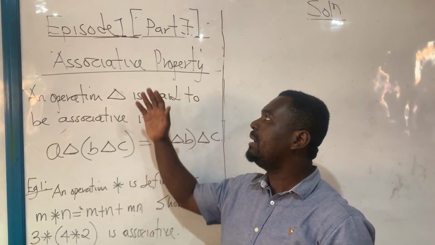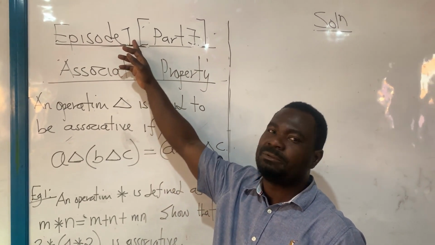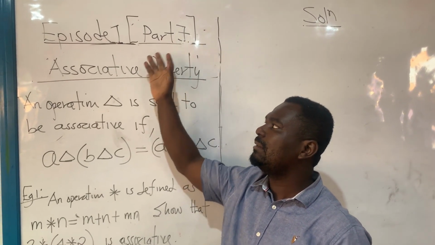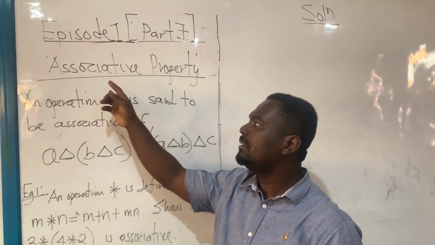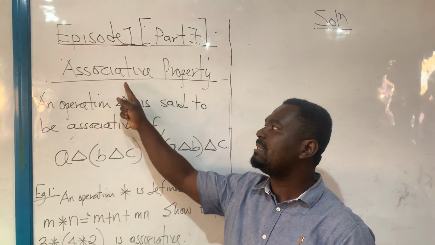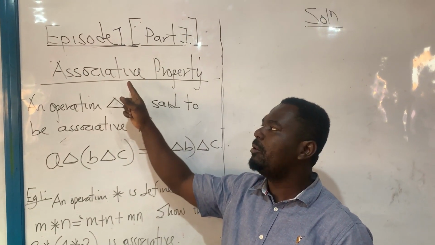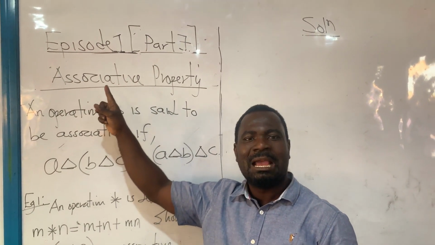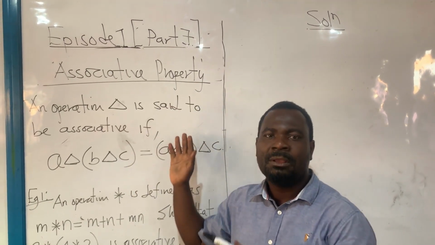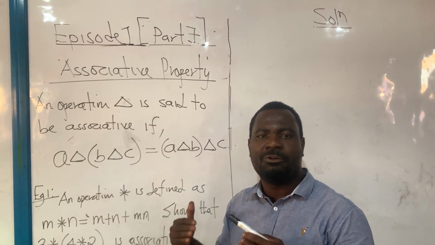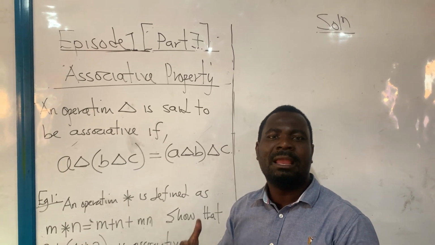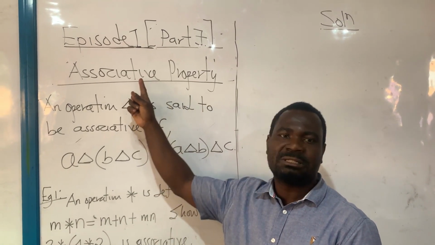All right, so we are on episode 1, still on episode 1, part 7, under binary operation, and we are discussing properties of binary operations, and we are dealing with the associative property. So anytime you are given a binary operation question to be solved and you are asked about the associative property, this